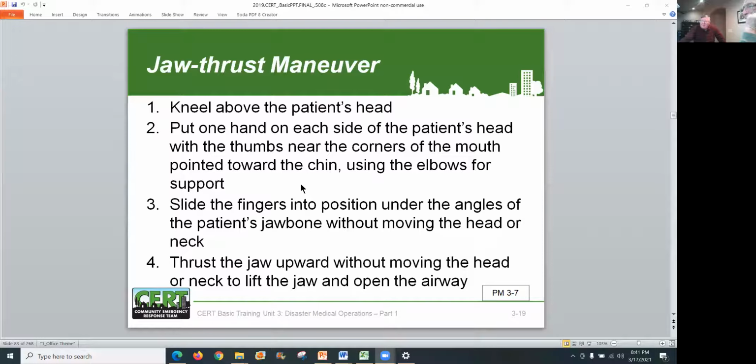You deal with the patient's head, put one hand on each side of the jaw. You want to try me out? Norm, go ahead, show them how to do it if you want. Can you show it from behind? The camera's over there. Grabbing a hold of the jaw. Pulling it out. Pulling the bones. Okay, you feel the bones, I feel it.